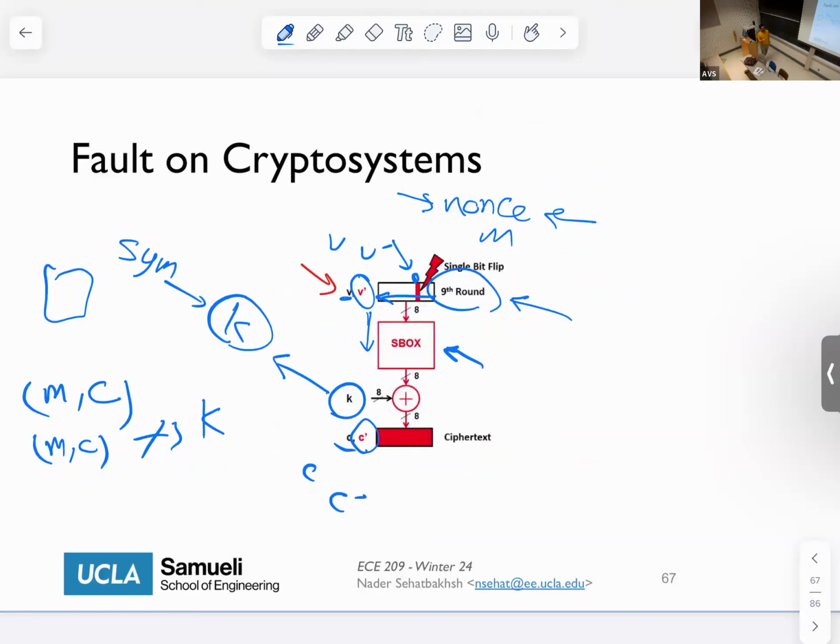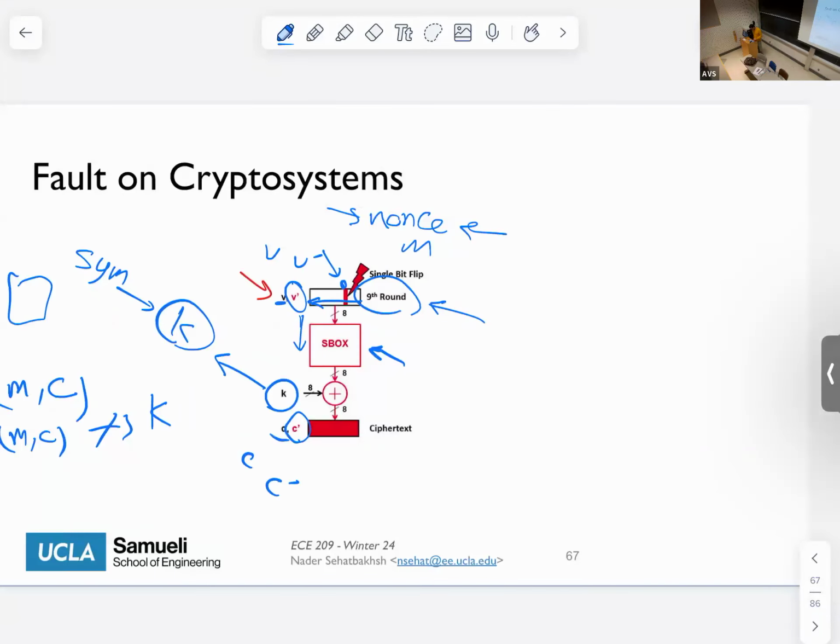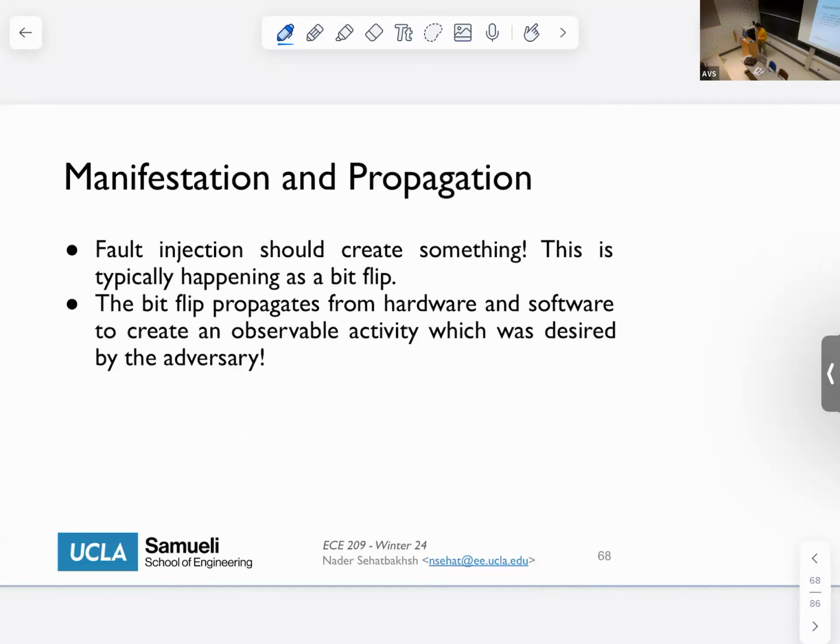So again, going back to this, this is a very, very controlled attack. It's not something that always happens, but the key idea here is that if you have this potential control and can do single bit flips at the right time, you can essentially extract the key. Okay, that's really the point here. But let me give you a few more realistic